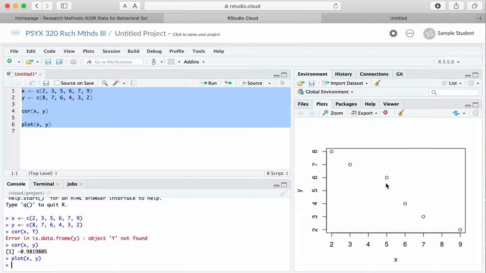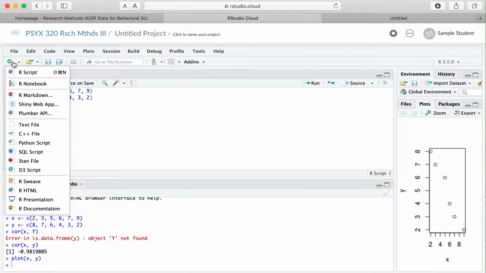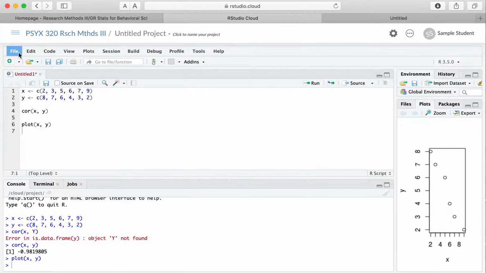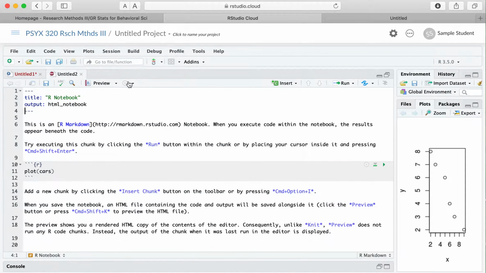I've got these 3 different windows with different stuff in them, and it's a pain. So the approach that we're going to be using instead of this is we're going to be using these notebooks. And so when you create one of your new assignments for yourself, you're going to go up and do new R notebook, or I think under file you can go new file. It's the same thing. It creates a new R notebook, and